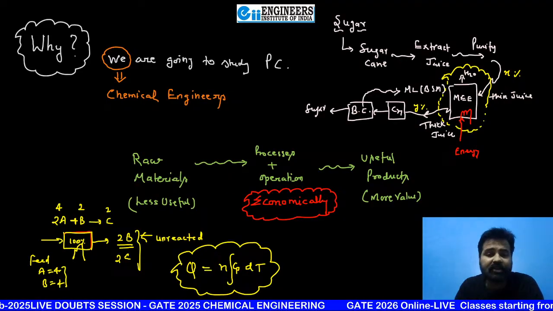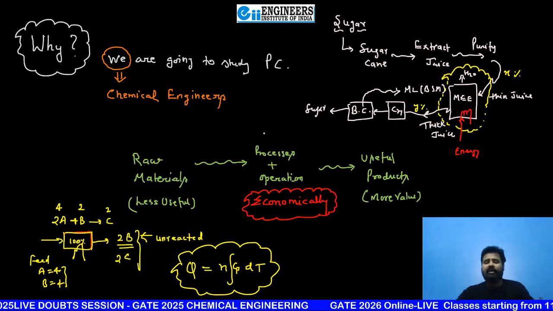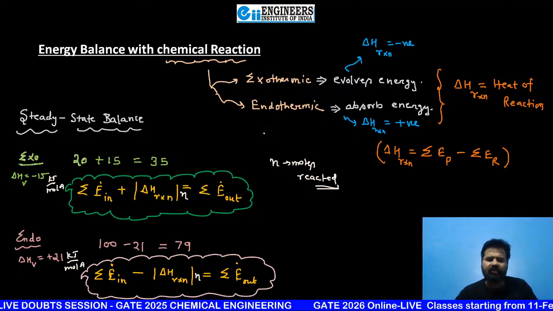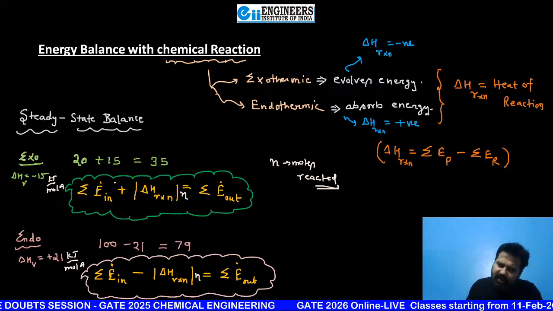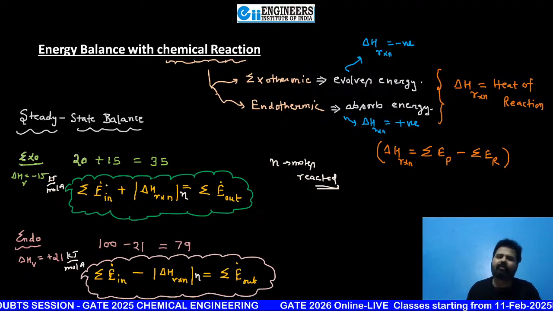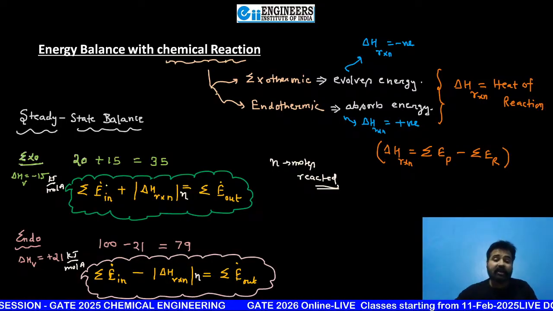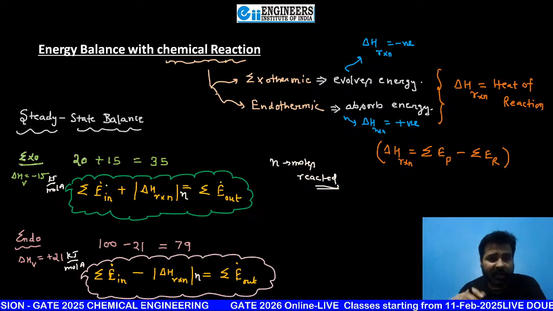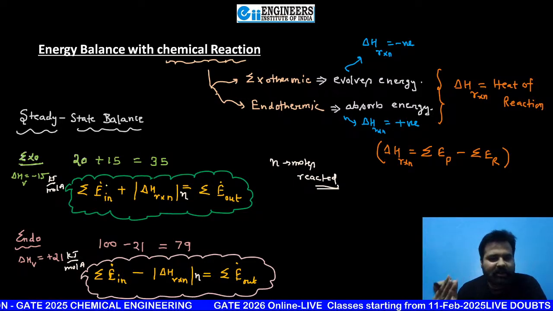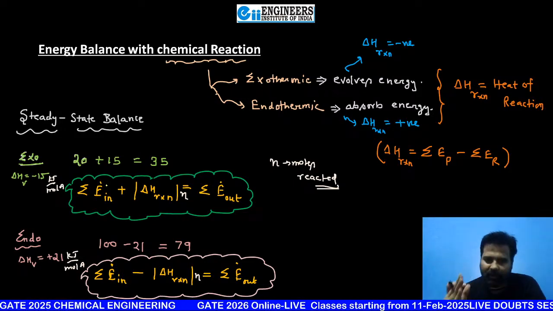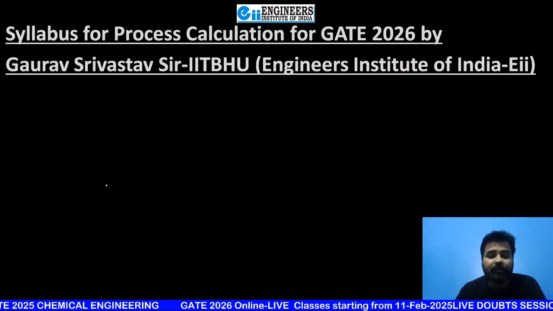Is it crystal clear, beta? If you are doing some work, then this equation is still correct, because on the energy side you can add that mechanical work if you are doing some work from outside. But here we are not interested in work. For that, a separate subject is there, beta, that is thermodynamics. Is it crystal clear, Jai Surya?